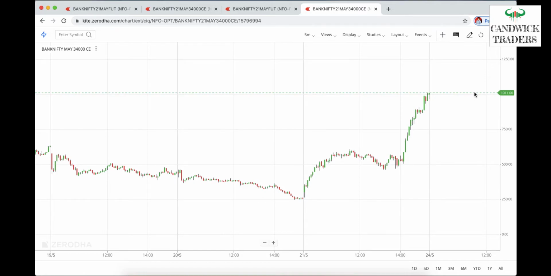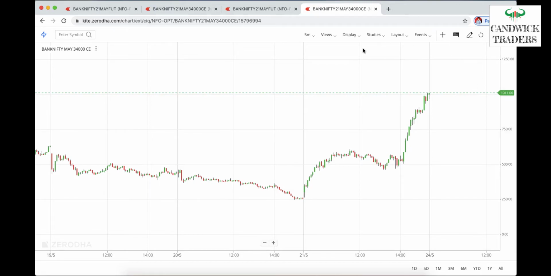In this setup, you need not see the spot or futures chart. I mean to say, it's not required in this setup. If you are using any strategy or price action with the spot or futures, you can come and verify the signal. If this setup is also giving a buy signal, then you can go ahead with the buy.